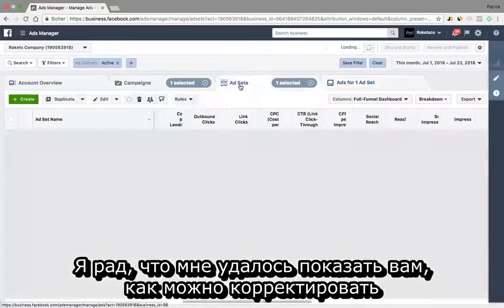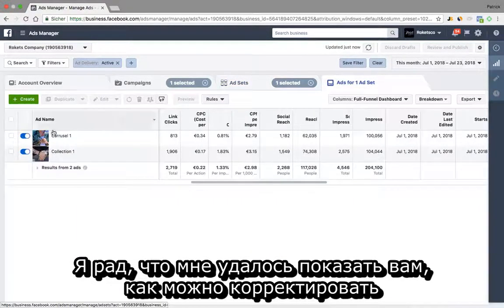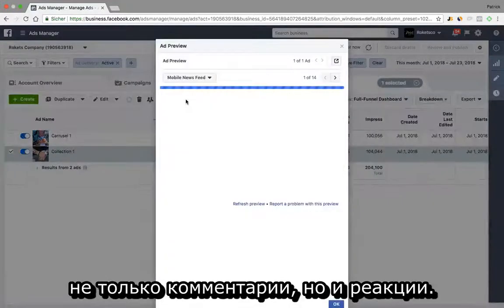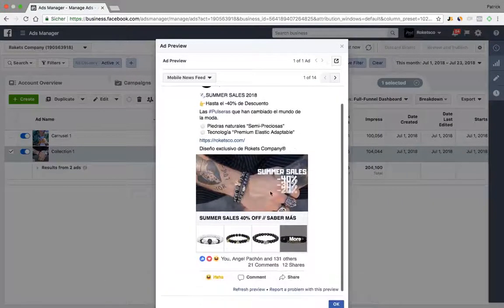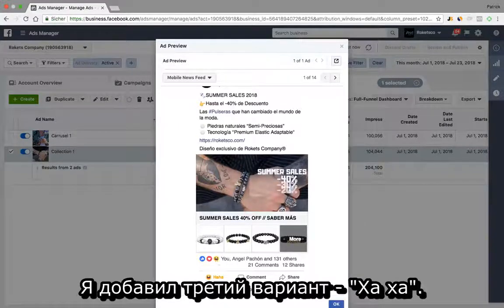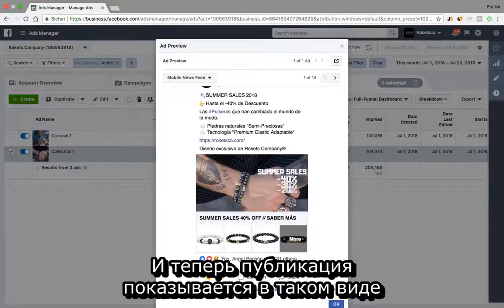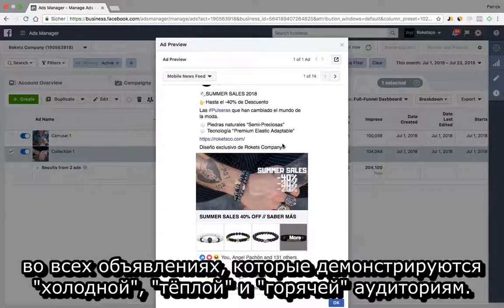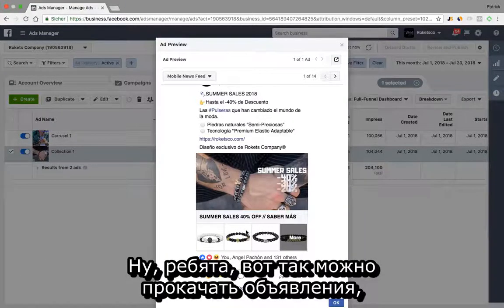And I'm glad that I was able to show you how we can actually modify not only the comments but also the reactions. For example, this one, you see, I added the third option, so the haha, and it even shows up like this from now on in all the ads that are demonstrated to our cold, warm and hot audiences. So guys, this way we were able to pimp the ads,